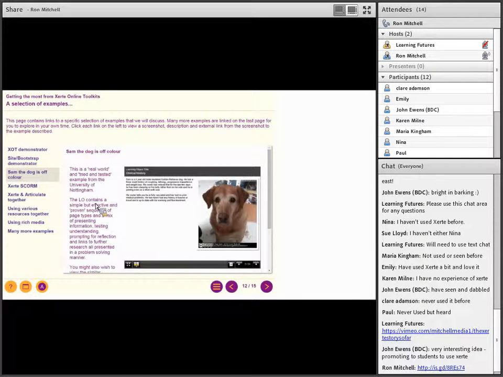And again, that's one of the things that Xerte enables you to do very quickly, because it's so quick and easy to make changes. And because you're offering online, I could make a change to this learning object now when we stop presenting for a moment, and it would be instantly available. When you think about some other learning authoring tools, that really isn't the case.